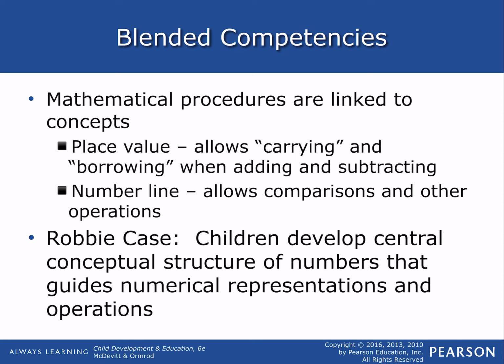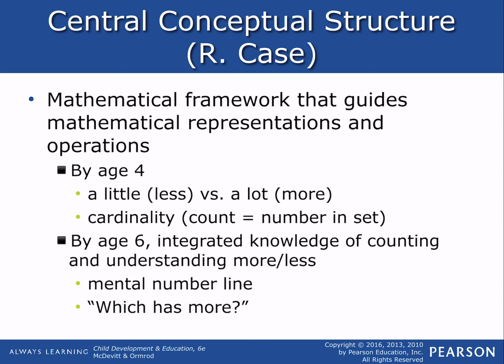Number lines allow comparisons and other operations. You guys know what a number line is, right? It's a line and you start on 0 and it goes to whatever, 10, and you can make comparisons with other operations. So if you're taking away 1, you go back and there are little humps. I think that's part of Common Core. Okay, I think that covers enough of that.